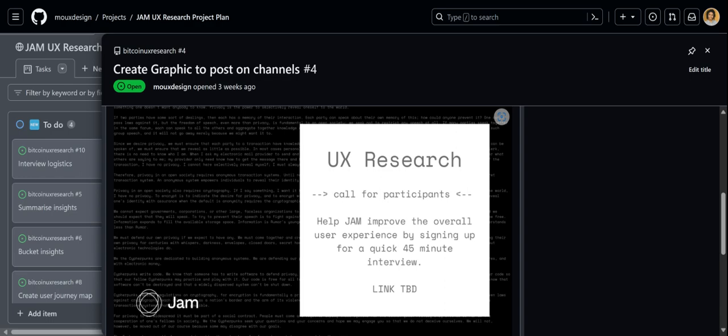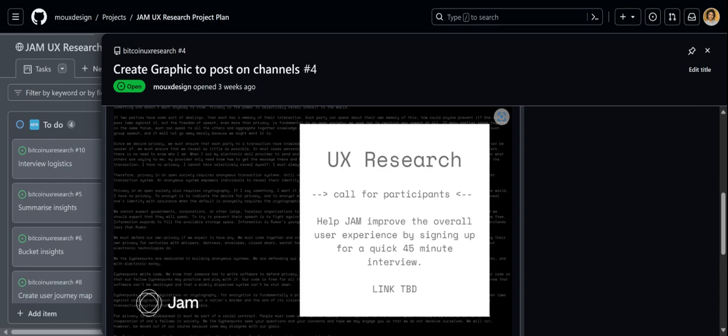Drop us a DM, something like this. Yeah, or something like your opinions matter, something very generic. Just don't use the word research, keep it a little bit more lighthearted. And I guess the people who really want to help improve the UI will raise their hands and DM us. From the experience I had meeting people at the conference and doing interviews on Bitcoin Core, people just genuinely want to help. So if you just say, want to help improve your user experience, drop us a DM. I don't know, something like that.